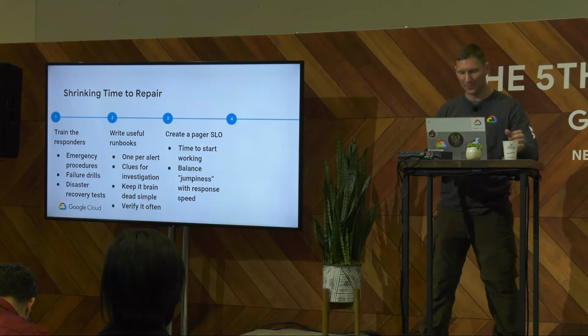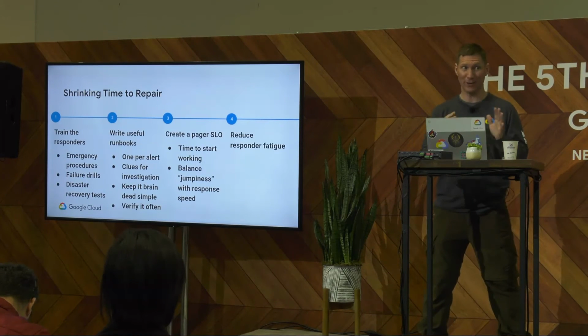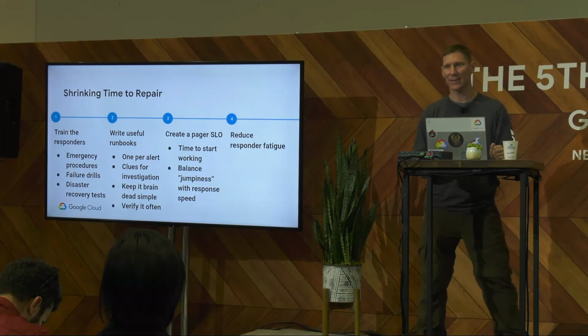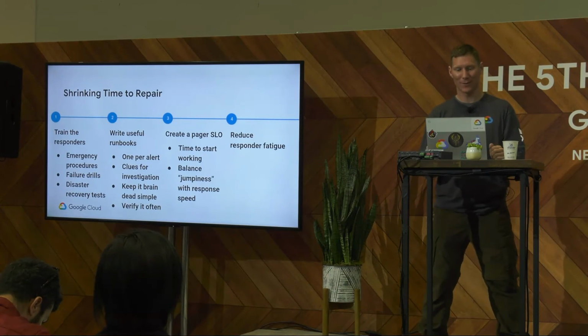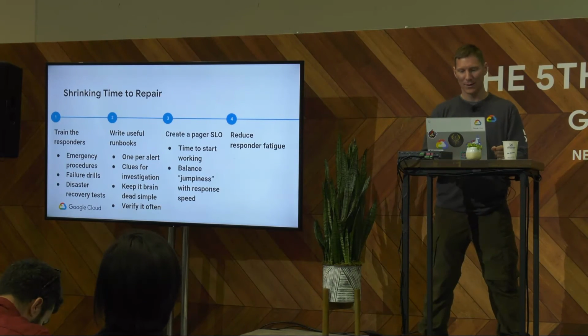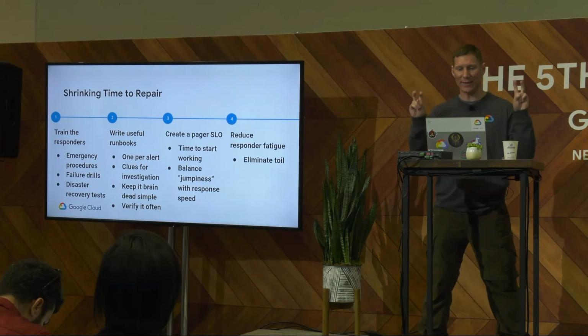In the same theme, actually very much the same thing, you want to start to reduce responder fatigue. As you might guess, burnout is a real problem. Being on call is a hard job to do. If you want to keep your on-callers on the team that they're on call for, you better make their happiness a priority. You can automate routine operational tasks. This takes a lot of the load off their everyday life. We call this eliminating toil.